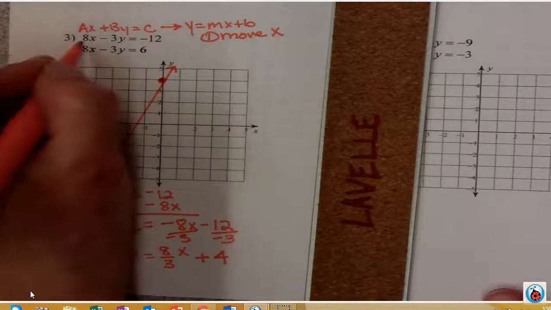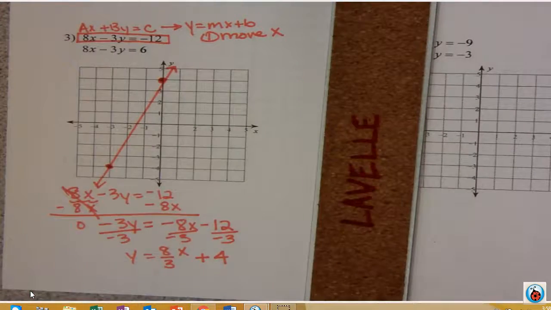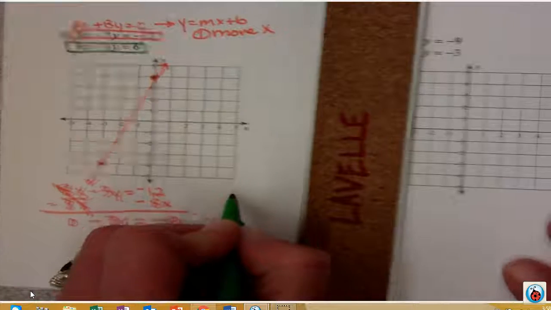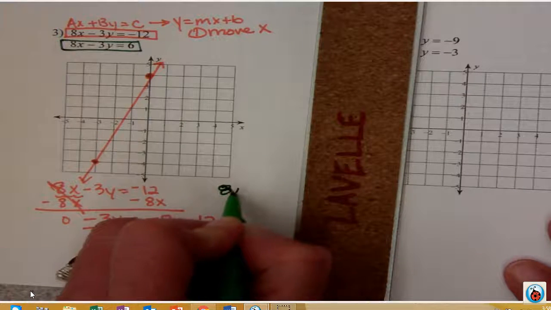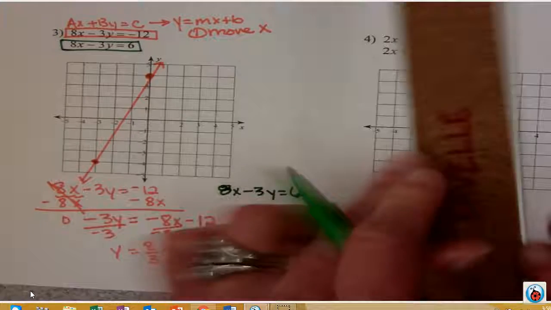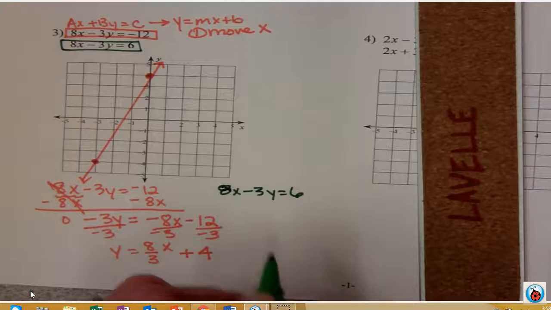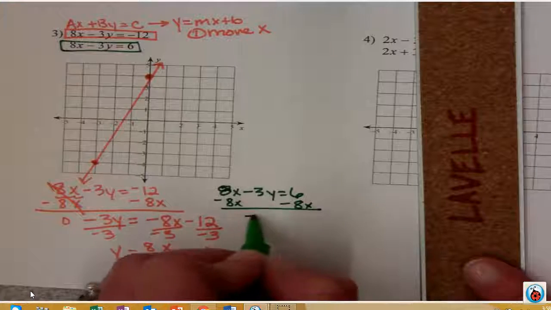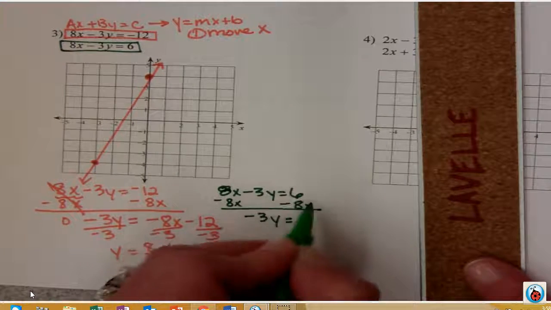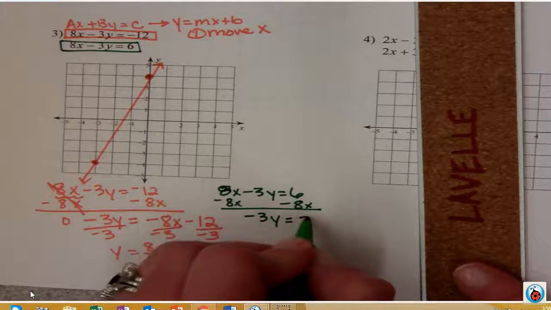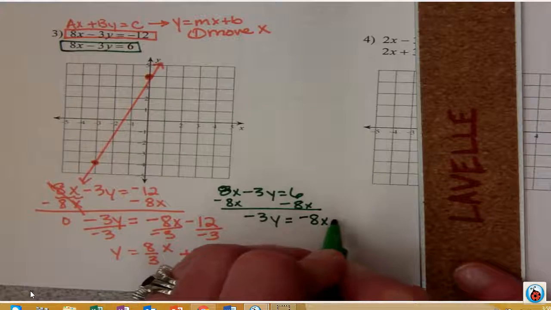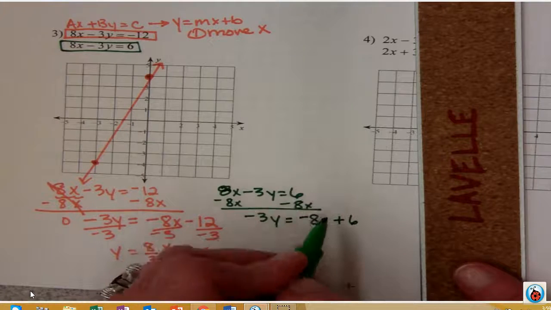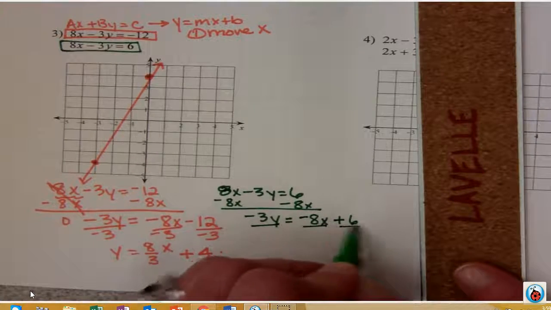So there's this equation graphed. My next equation, 8x minus 3y equals 6. I'm going to do the same thing. I'm going to subtract 8x from both sides, and I'm going to get negative 3y equals, and again, I cannot combine these two together, so they just fit nicely side by side, plus 6. This is a positive 6 since there's no negative in front of it, so we do the plus 6. Then we're going to divide by negative 3,